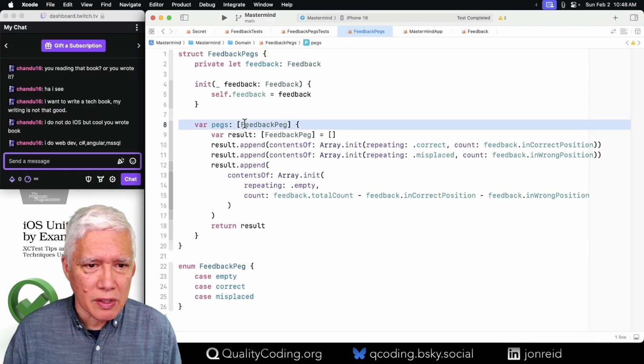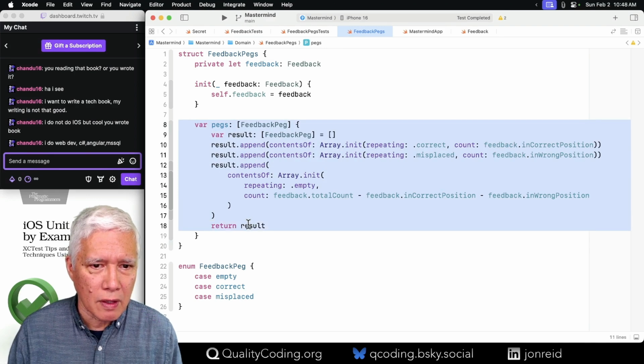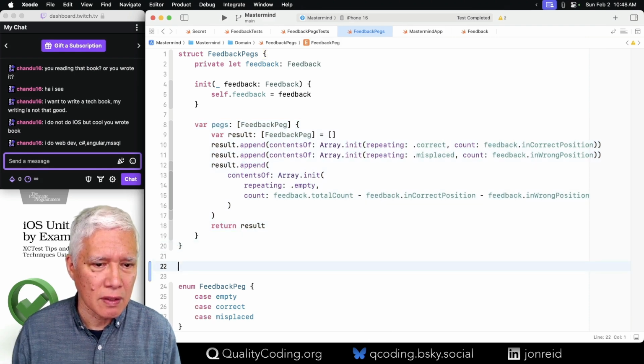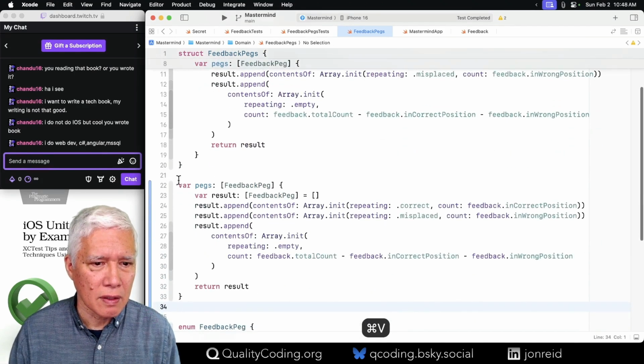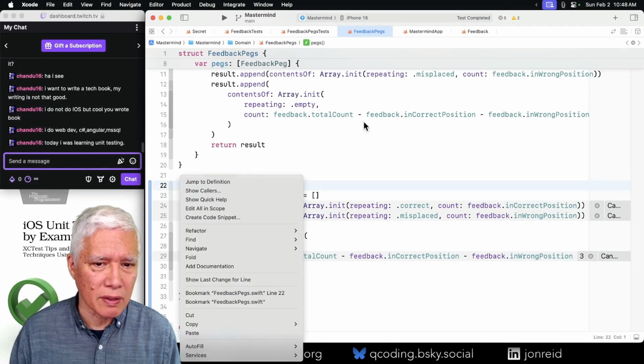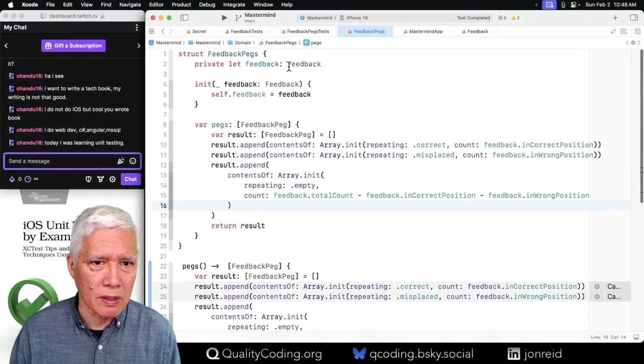Let's take this and let's extract this into a function that takes something and returns feedback pegs from it. So this is, it takes the feedback